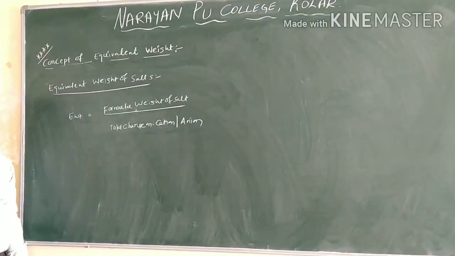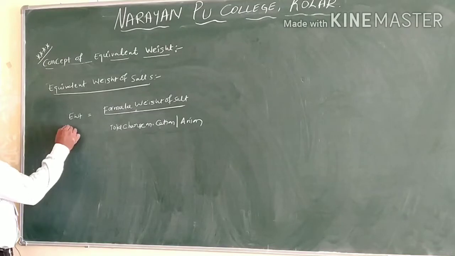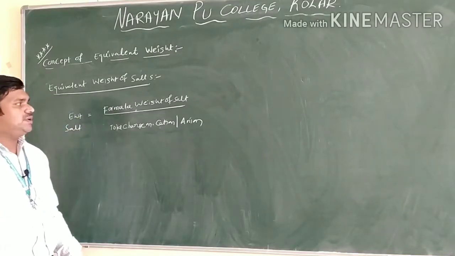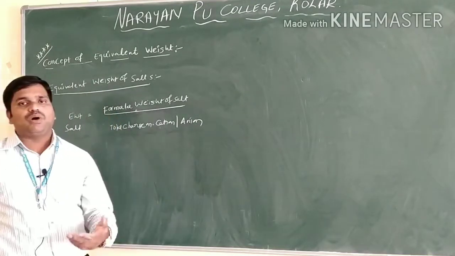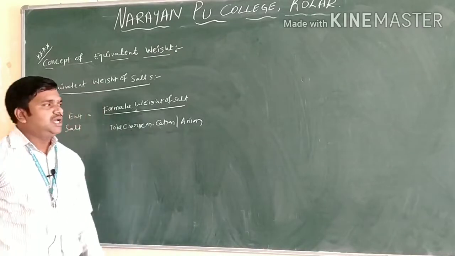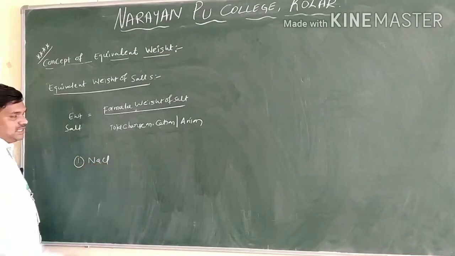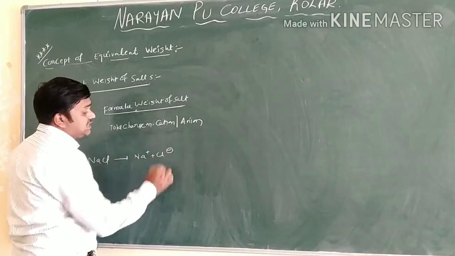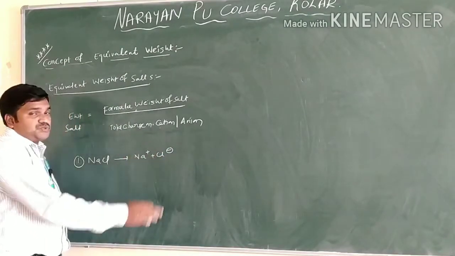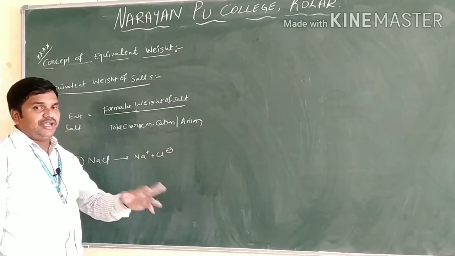The next one we have is the equivalent weight of the salts only. You know already, for salts we have to find out the formula weight of the compound. Equivalent weight of salt is equal to the formula weight of the salt by the total charge on the anion or cation only. You can consider the anion or the cation. Cation means positive charge, anion means negative charge only. Let us see one example. I want to take here NaCl. Clear? NaCl dissociates to Na plus and Cl minus. So the cation charge is plus 1 and the anion charge is minus 1. You neglect the sign, you can take 1 only.